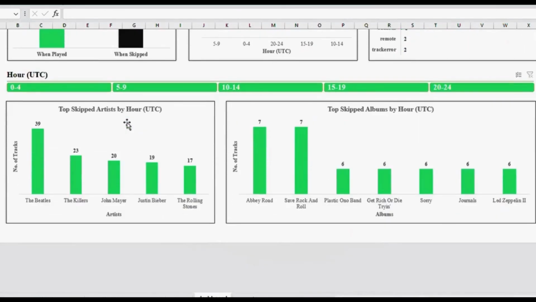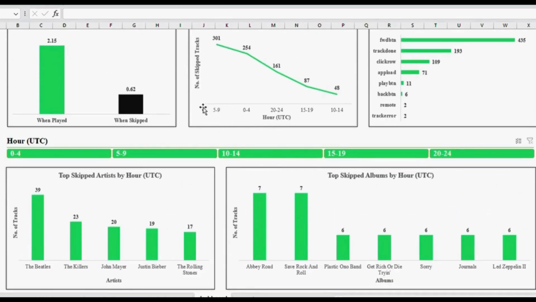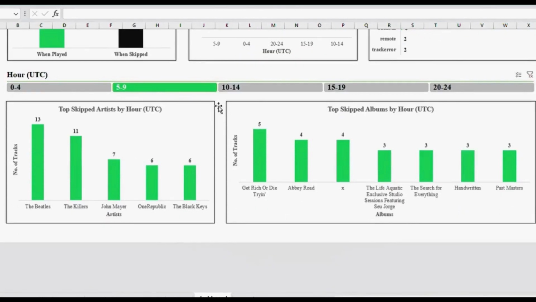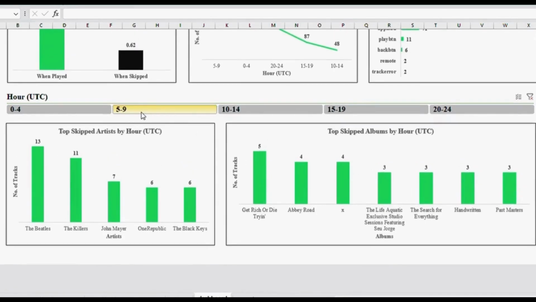Now, if I take a step further and select an hour from the slicer, like we have got 5 to 9 as the most skip hour window, if we click here, we can easily find out which artists and which albums are skipped the most for this particular hour interval.